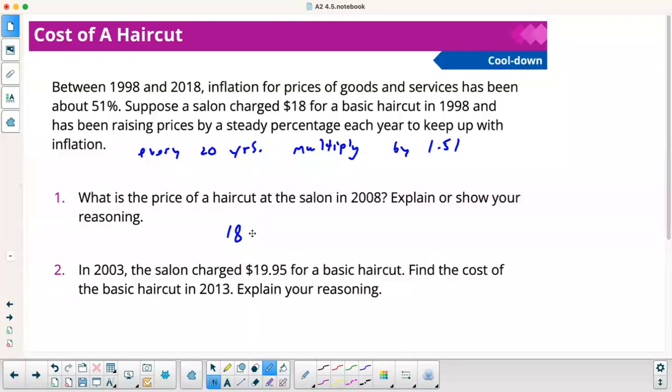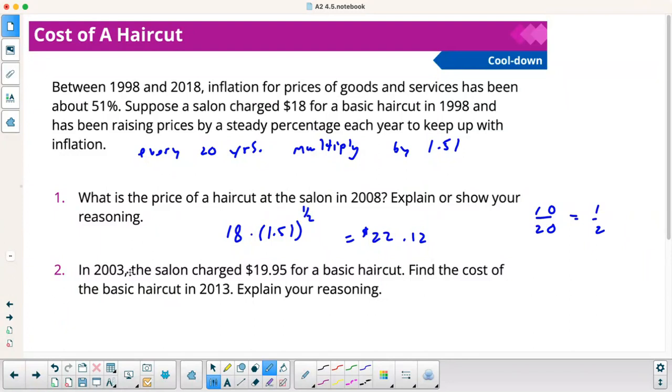So you're going to times that by 1.51 to the, really, you could say 10 out of 20, or you could just say, 10 out of 20 is obviously 1/2. So I'm going to take that to the 1/2 power. So that gives me 18 times 1.51 to the 1/2, and that gives me 22 point, I'll round to 2 decimals because it's money,